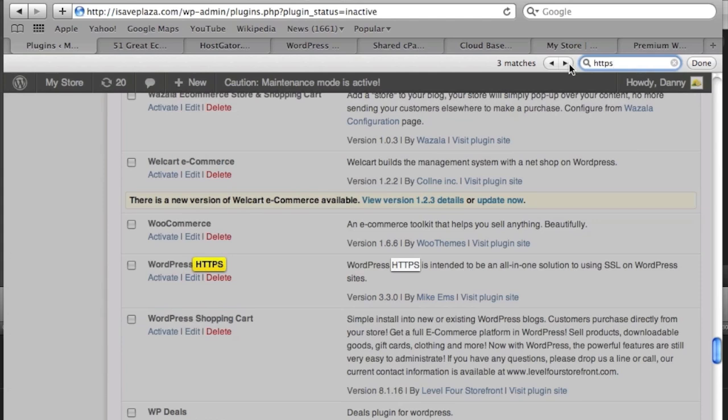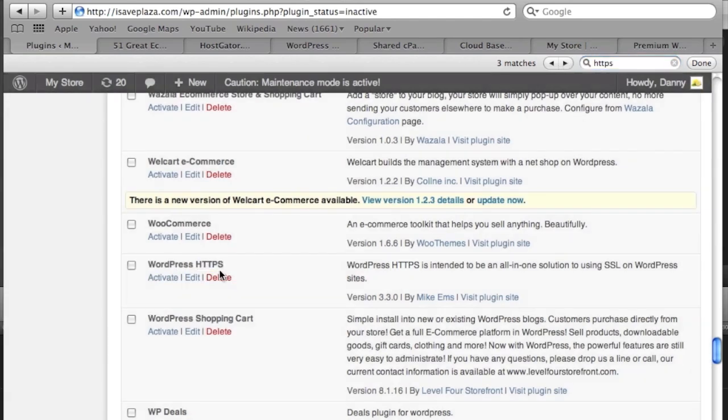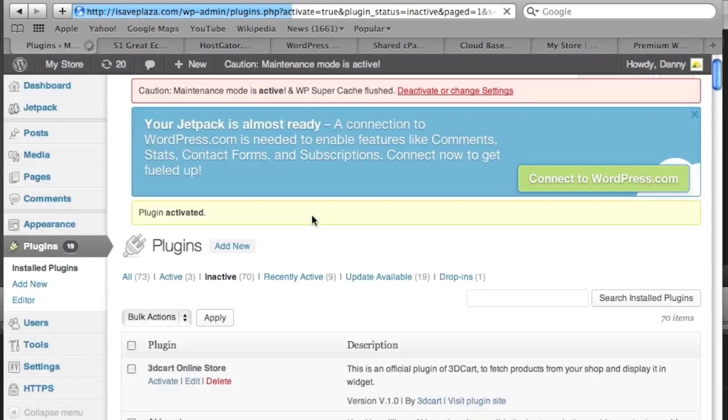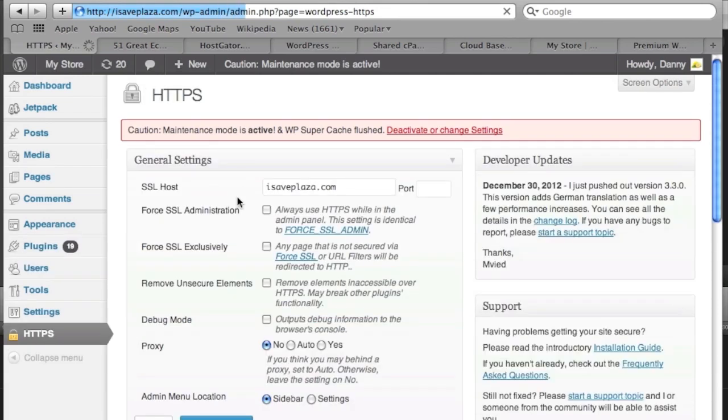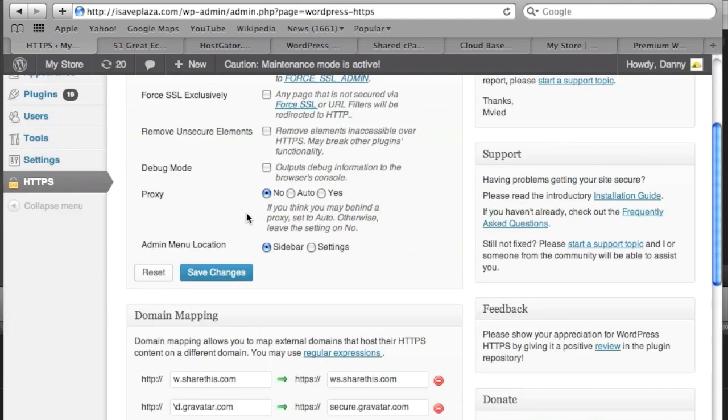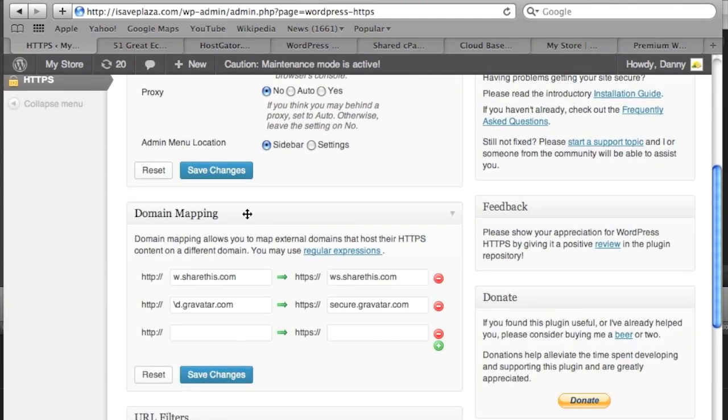As you can see, I have to use the search and find function on my browser to actually find it. It's WordPress HTTPS, and what it does is it allows you to enable SSL, and you can decide which part of your site you want to enable SSL on. And what I really like about this is that you can actually